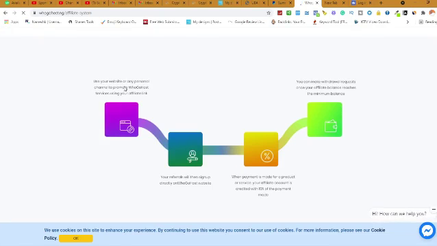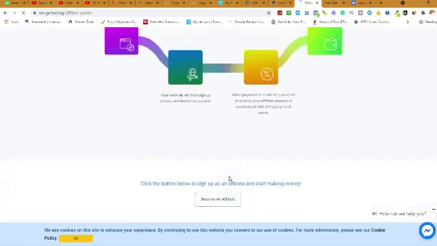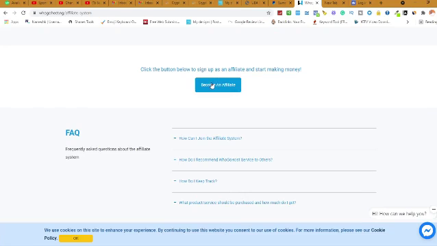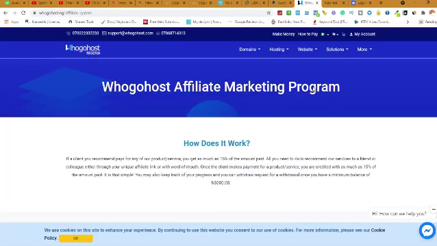Use your website or your personal channel to promote the affiliate. If you can promote their system, they give you money. You can click here to become an affiliate with them. Click this button. But I'm an affiliate already, so I want to show you how to withdraw your money. So click my account right here at the top. I click my account, then